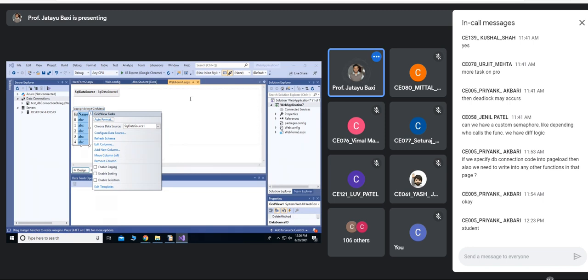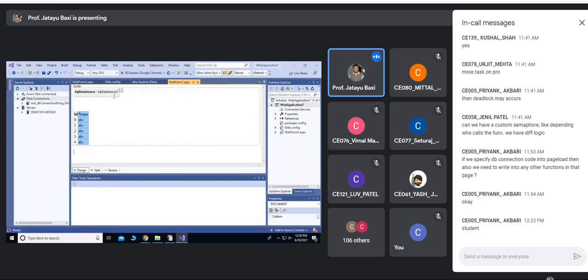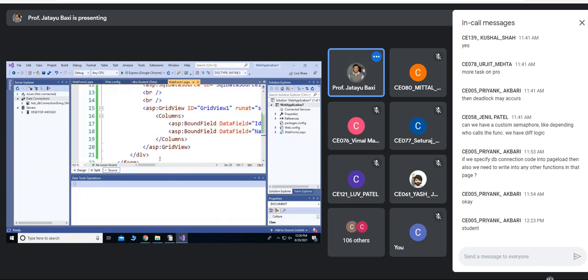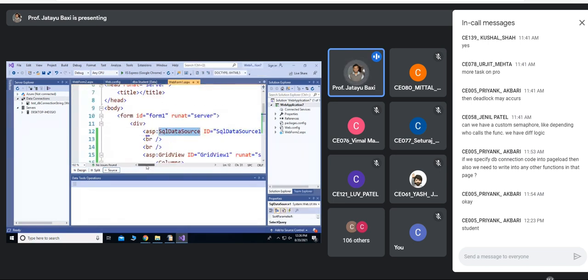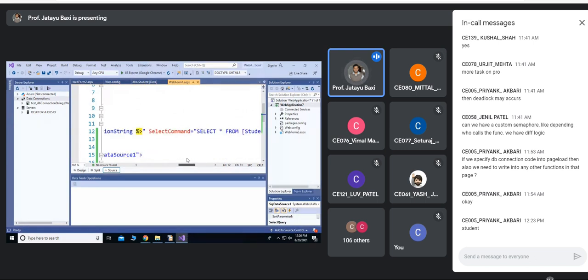Now, grid view also provides inline editing. If I see here, I can enable paging, sorting, and selection, but I don't have any editing option. Why? Because my data source has only one statement, the select statement.